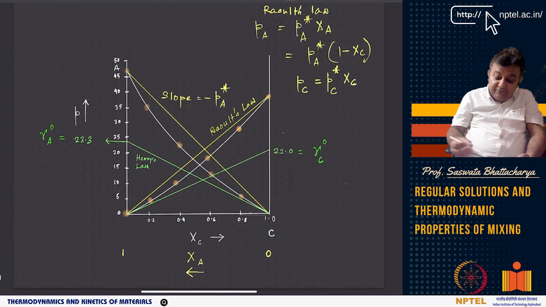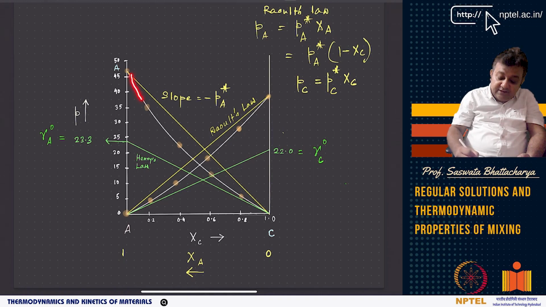Now, if you plot that, you see it is not following any law, neither Raoult's nor Henry's law. Basically, this is XC, the mole fraction or atomic fraction of chloroform. So chloroform is 1.0 here, and this is basically acetone. This is A, and XA goes the other way, right to left. So XA increases from right to left, while XC increases from left to right. And you can see the point, if you follow my